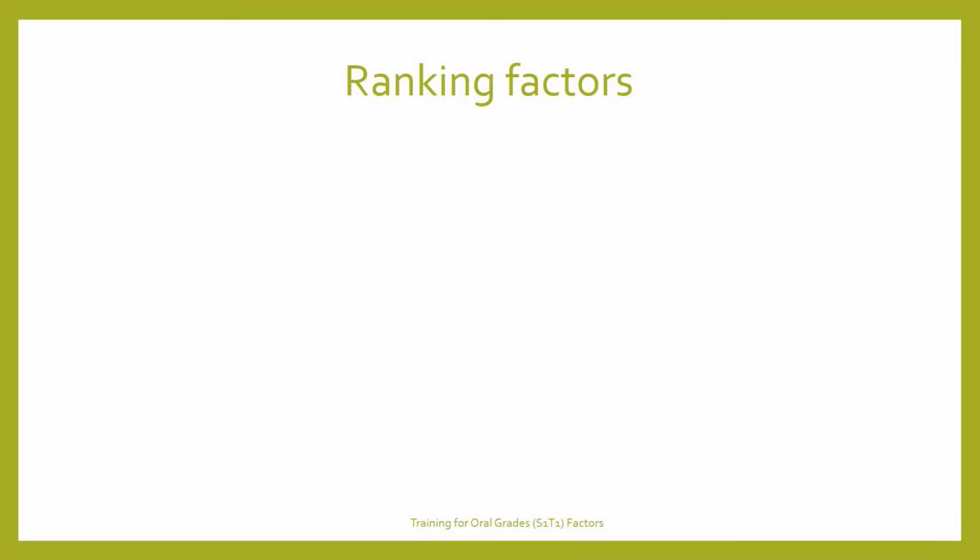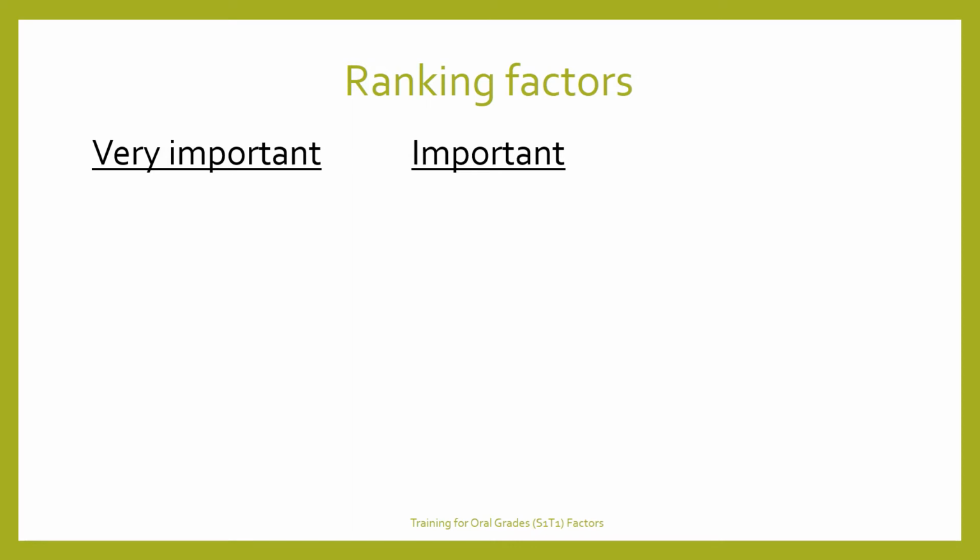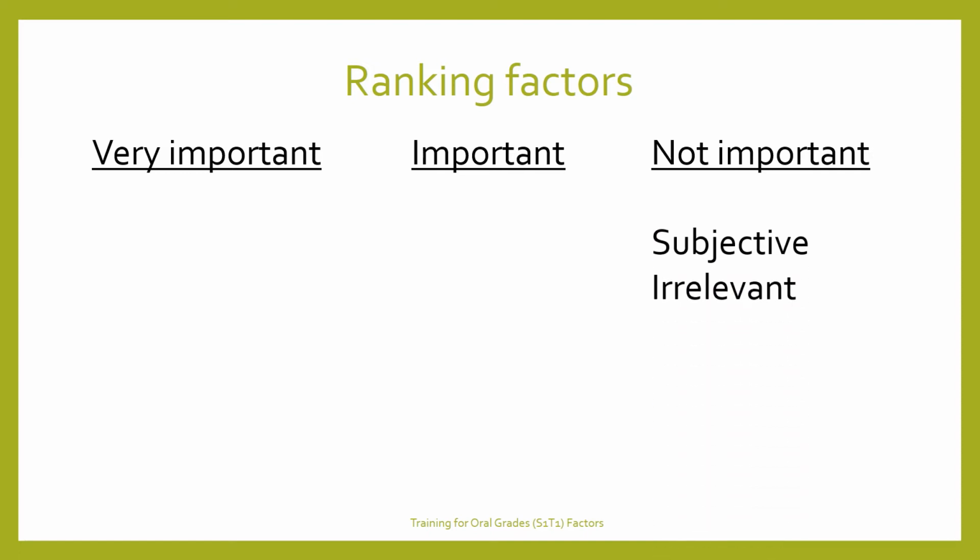The first thing we will look at is ranking factors. And in order to do this, we will use the following criteria: very important, important, and not important factors. Let's take a look at the characteristics of the not important ones. They are subjective and irrelevant for a grade. For example, if a student asks several questions about homework, that doesn't really have anything to do with their performance